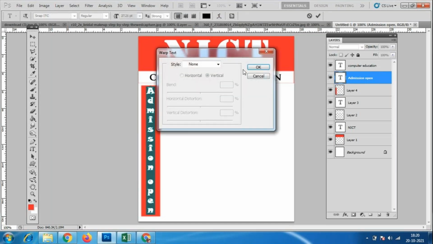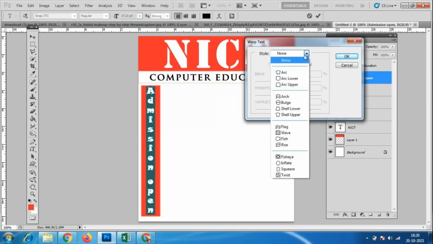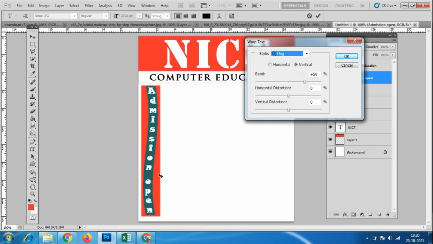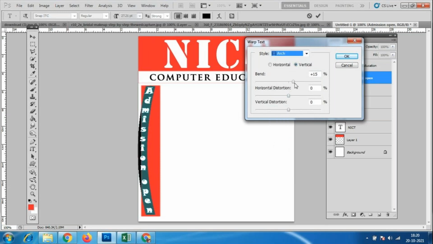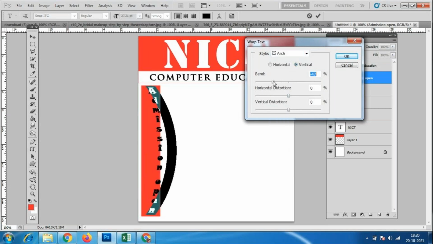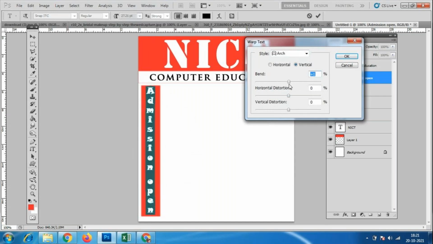If I click on Create Warp Text, we have multiple options. These are the different designs, which you can use with catchy lines. We have the arch kind of texture, mainly used to make certificate designs.